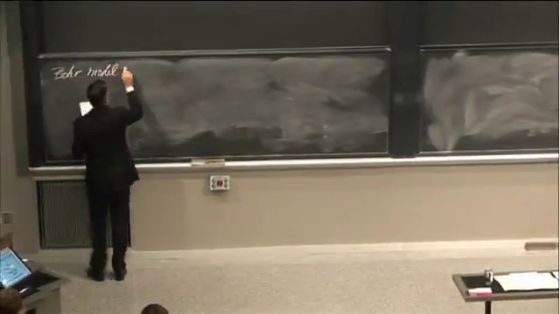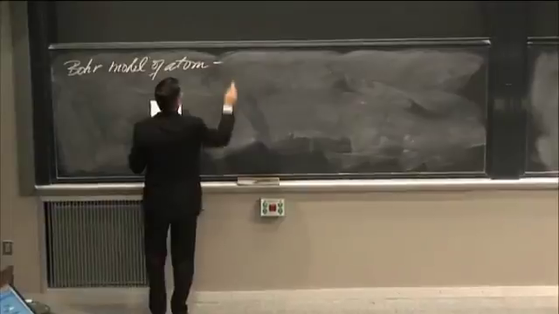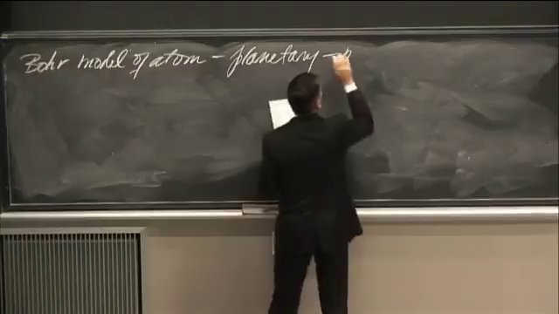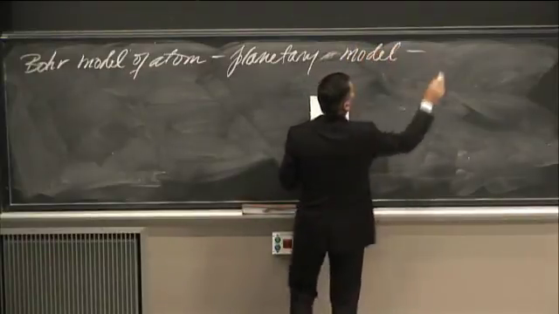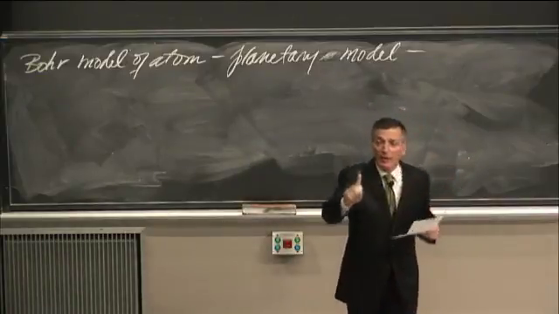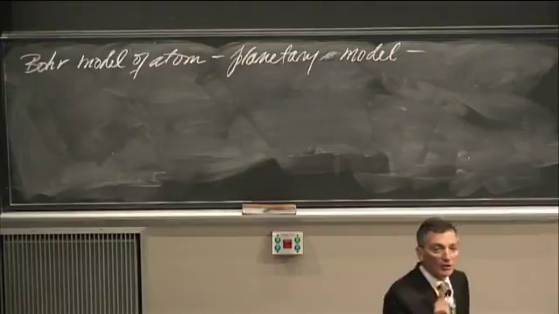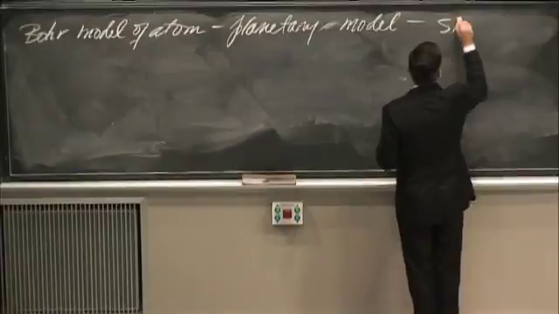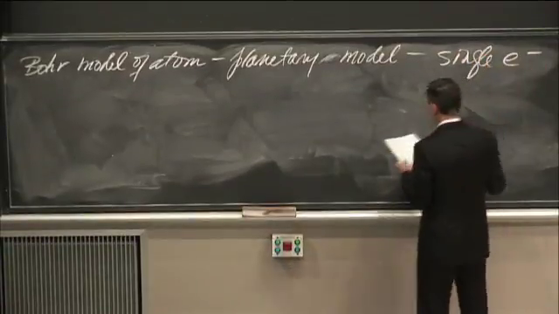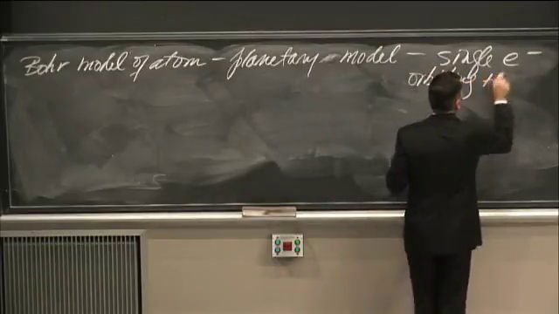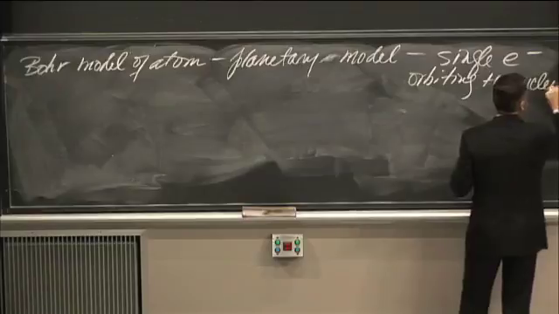Bohr model of the atom. So it's Bohr's representation of the Rutherford model. We can call it a nuclear model or a planetary model, because you've got orbiting electrons. Now, first important point. The Bohr model is the simplest model. It works for a one-electron system. So he has a single electron. Planetary model, single electron, orbiting the positive nucleus. All right?